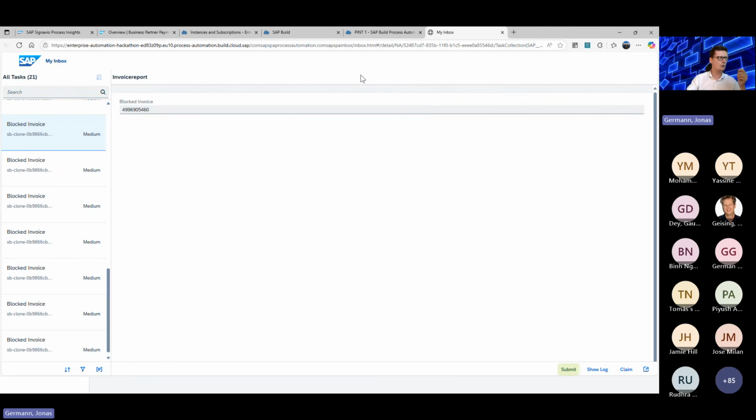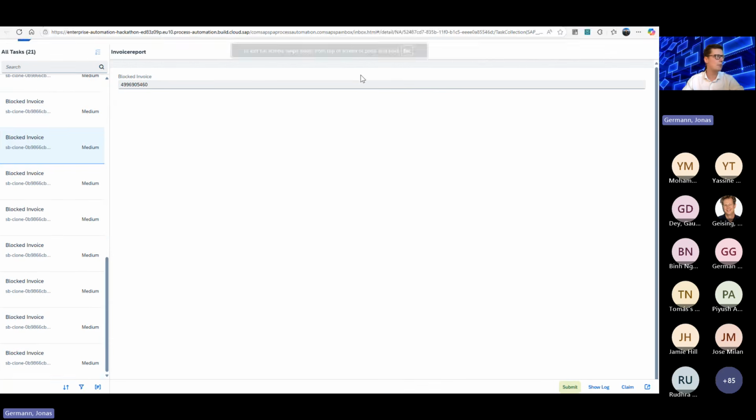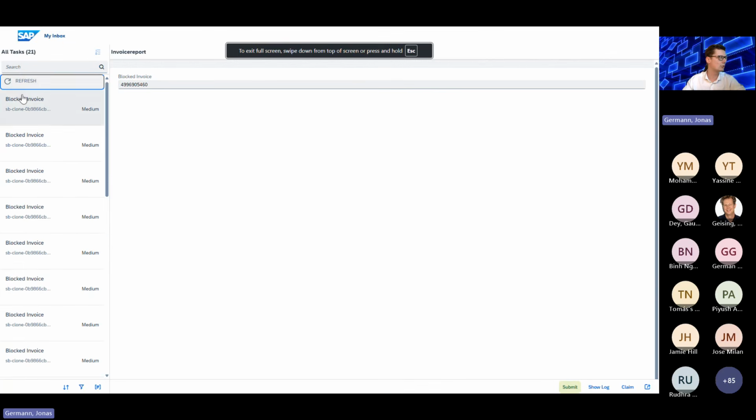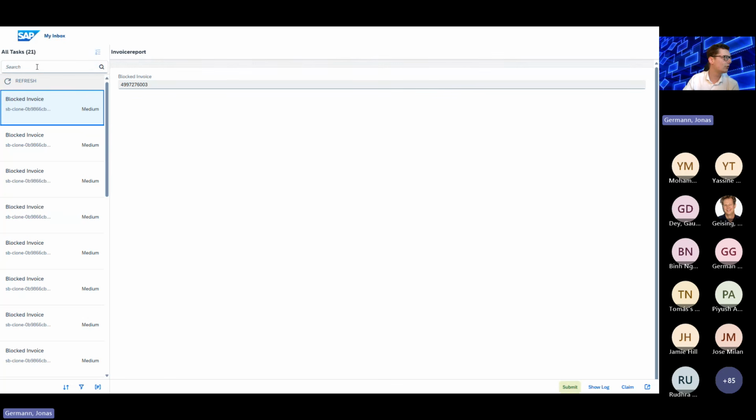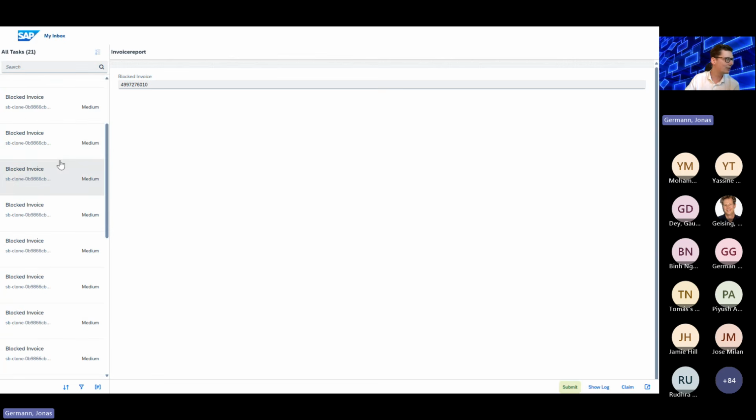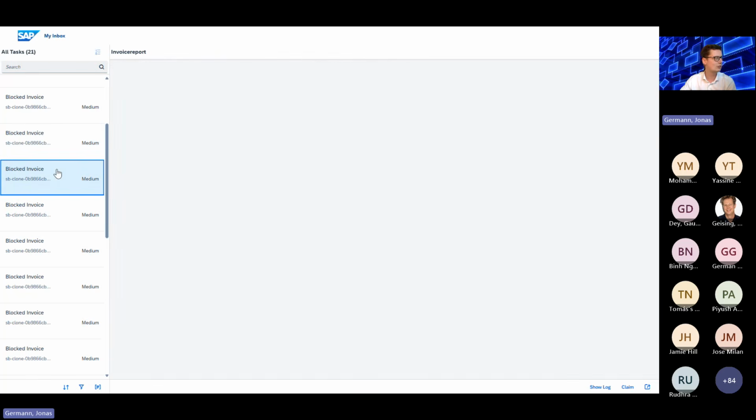Of course, as you know, you can pick the inbox and, for example, deploy it in SAP Build Work Zone, Standard or Advanced Edition. You can also put it in other applications if you like. But for our case, it's not important where the inbox is. Most important is that I have 21 invoices or invoice reports in the inbox, and I have the numbers which are coming from the process mining tool. So not only analyzing data, but out of the analysis, I can immediately do some actions.